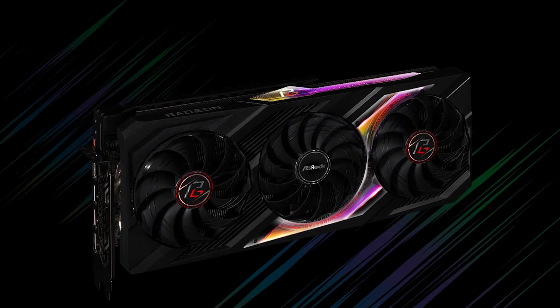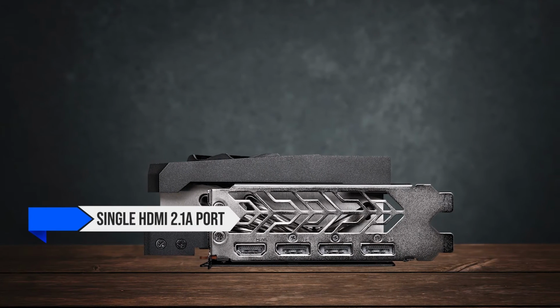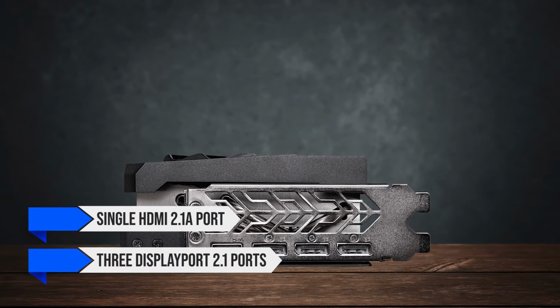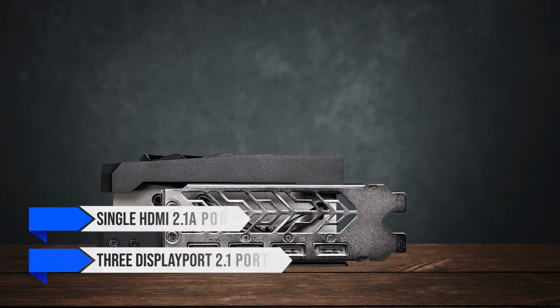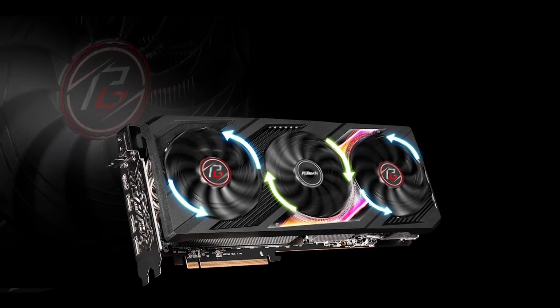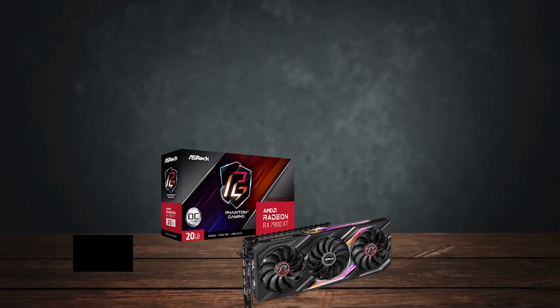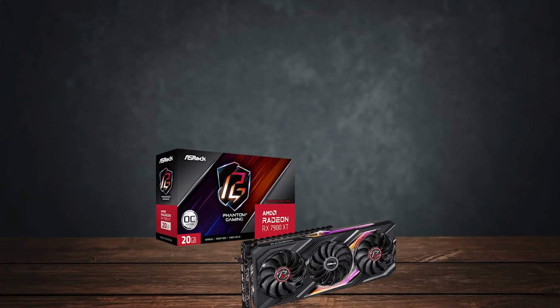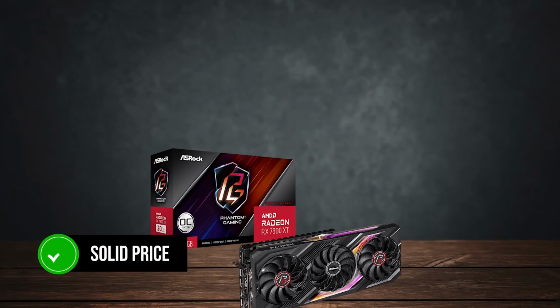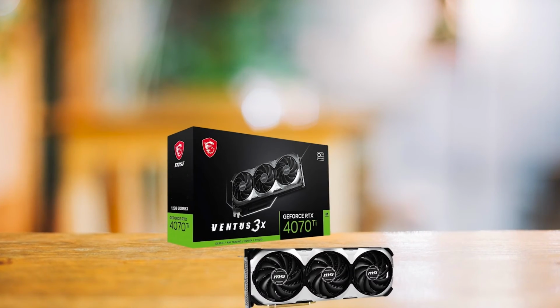In terms of output, you're getting a single HDMI 2.1a port and 3 DisplayPort 2.1 ports. This is great to see, as some premium cards miss out on supporting DisplayPort 2.0, even at a high price level. All in all, this card is a solid price-to-value proposition, as it outclasses the rival in the RTX 4070 Ti significantly throughout the benchmarks,